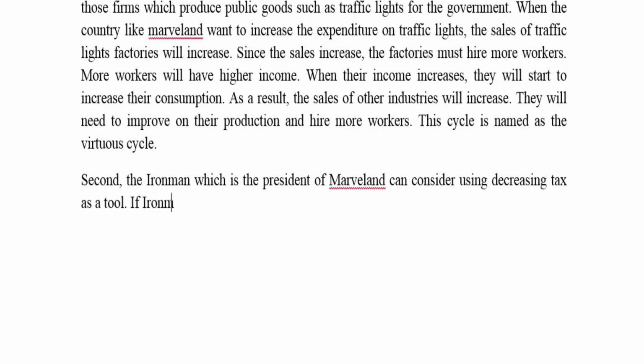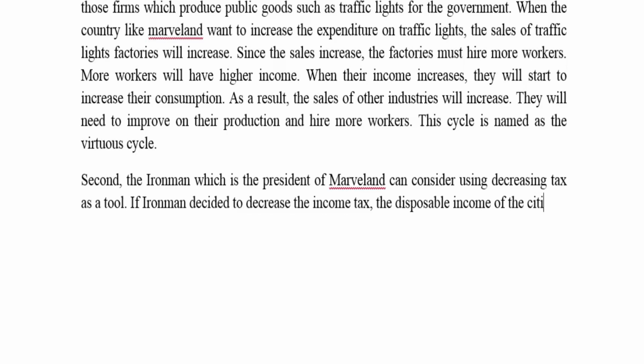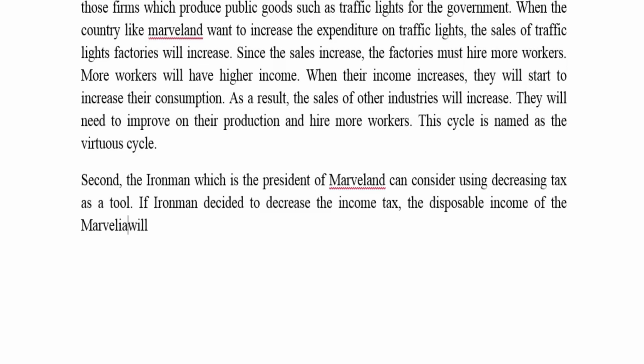Okay, if Iron Man decided to decrease the income tax, the disposable income of the citizens, let's call citizens the Maoians, will increase. Okay, when their income increase,